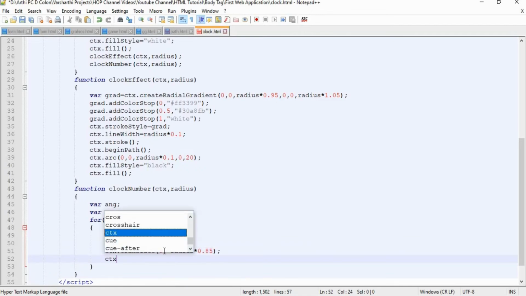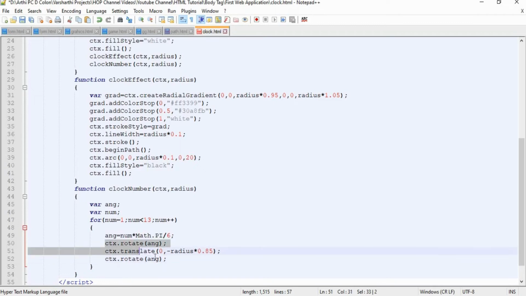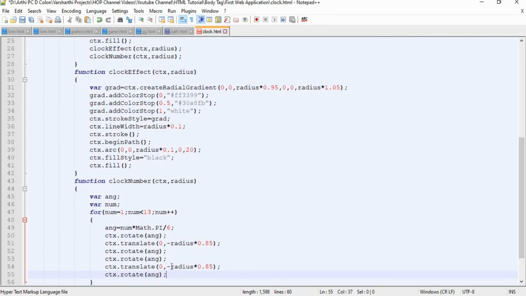Again we have to do it for the right hand side, rotate of minus angle. I hope you are clear with this. This is for the left hand side, and we can repeat this for our right hand side with the value of radius being positive. So here one angle will be positive and another one will be negative. So here we have created the angles for placing each element.